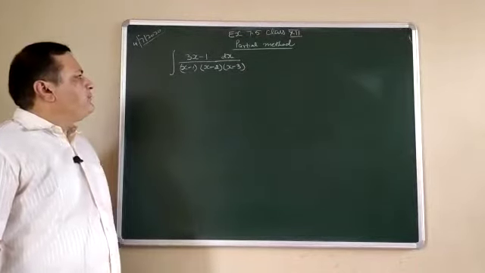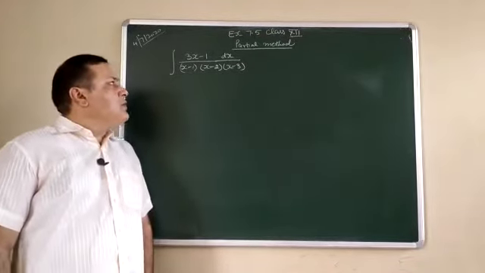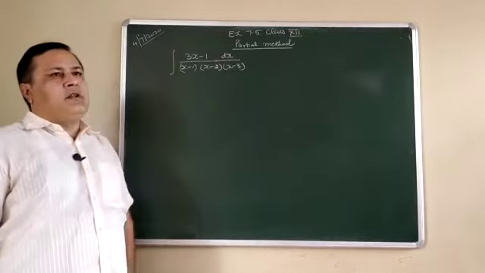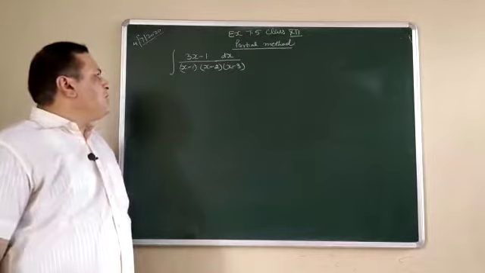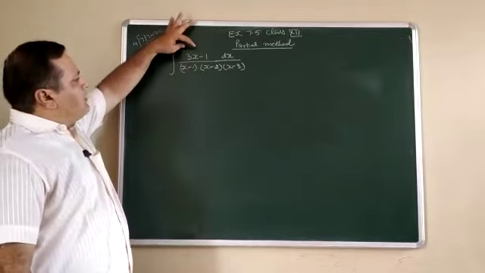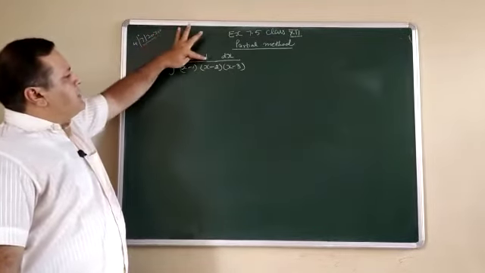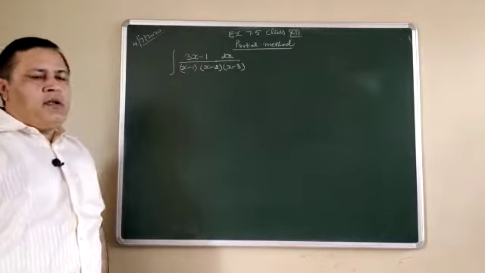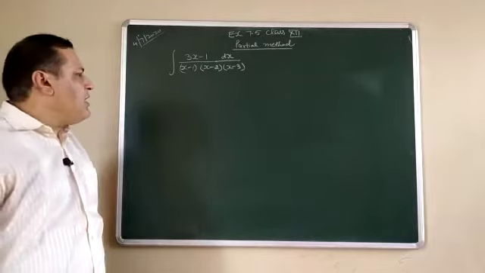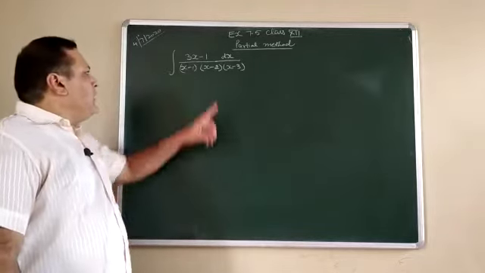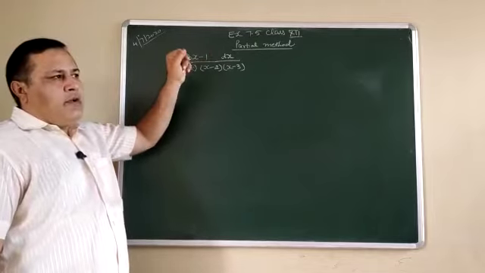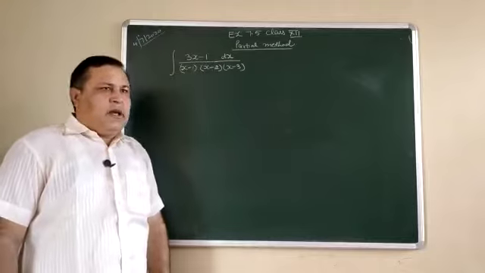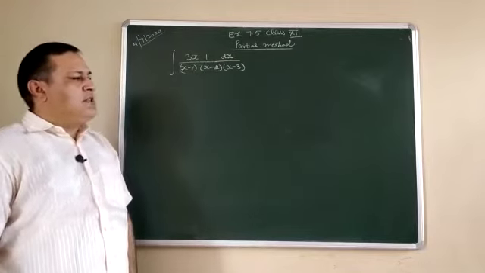Good morning, students. Today we shall discuss one more concept of integration, that is integration by partial fraction method. In the previous exercise we discussed a function with a linear function in the numerator and a quadratic function in the denominator. In that case we apply the AB method. In the second category we also learned that if the numerator contains a constant value like 1, 2, 3 and the denominator contains a quadratic function, then we make a perfect square and find its integration.